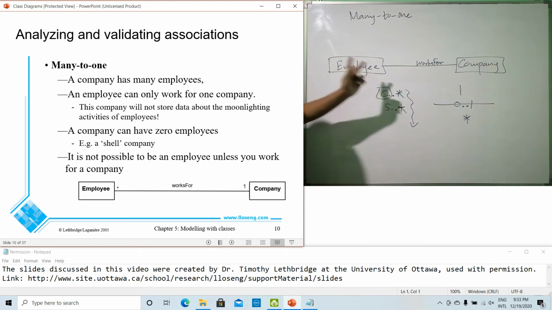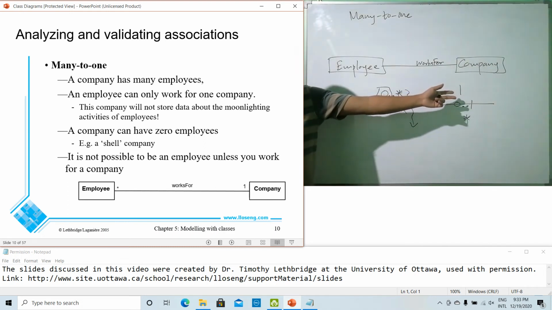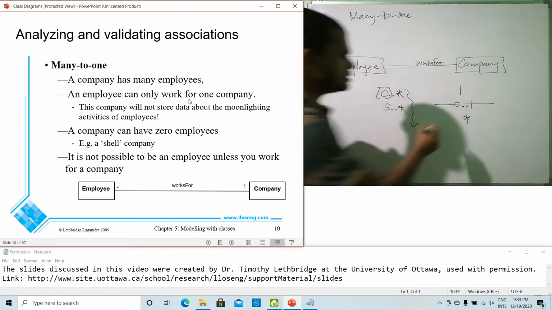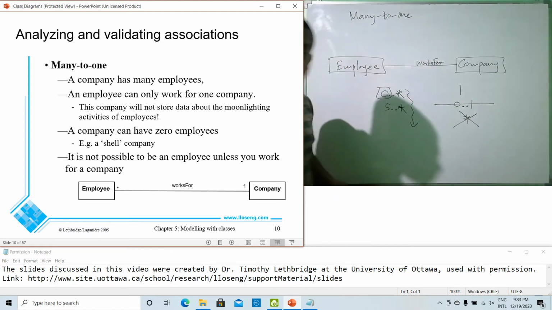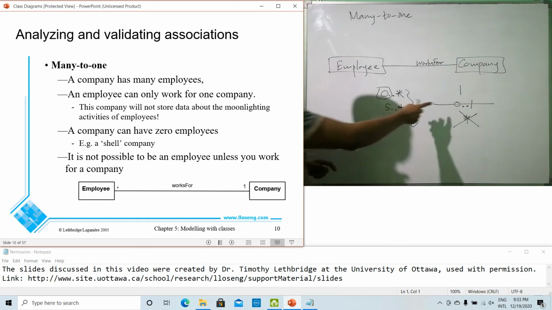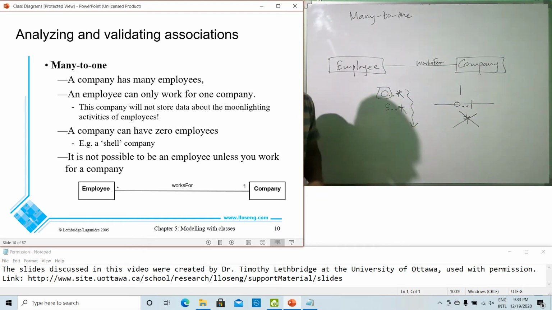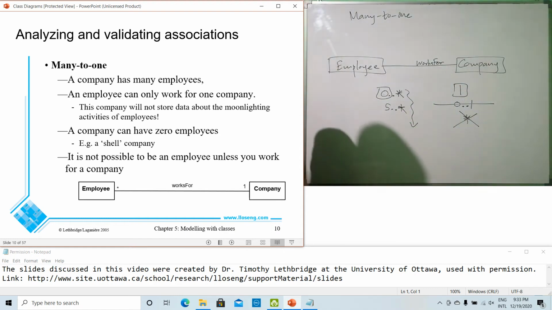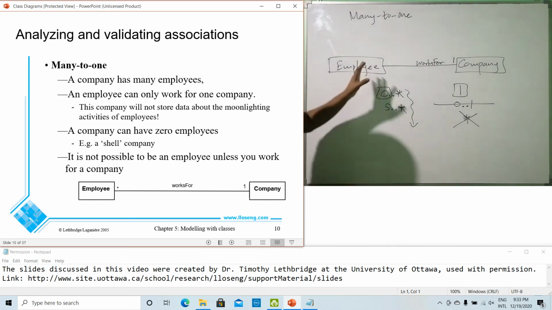An employee should work for at least one company. Here it says only work for one company. Okay, so this is not possible. Only work for one company. From these two, what to select? From the last line, we could understand we have to select this one. So here we can put 1, and here